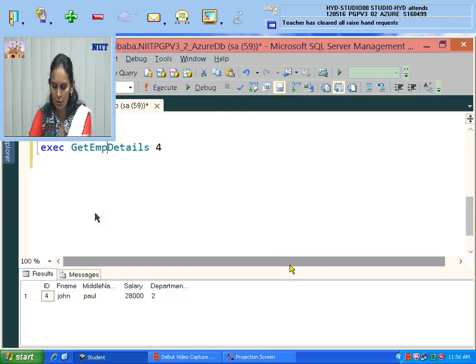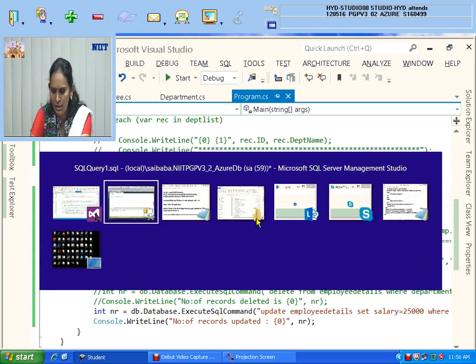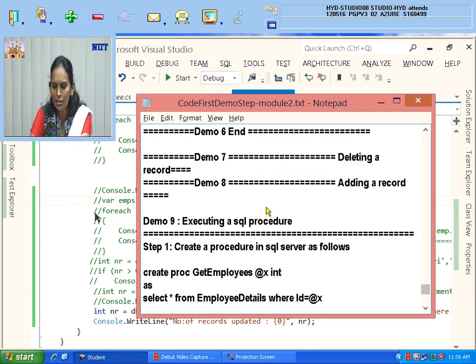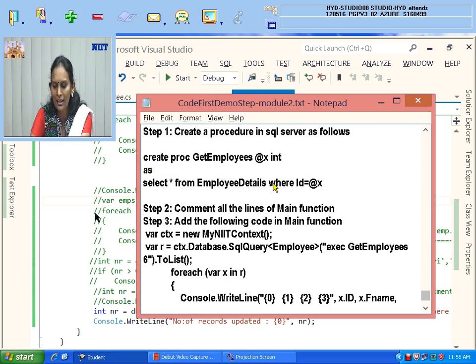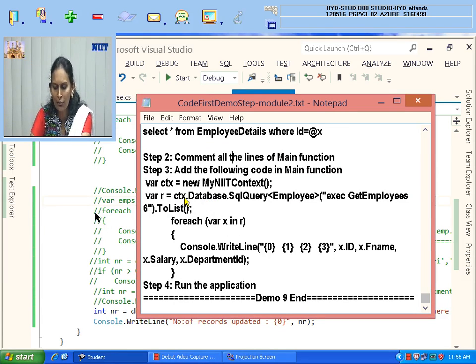This procedure, how to execute it using direct SQL. It's the same as your SQL query. How did you write db.Employees.SqlQuery? It should be written like that only. I kept that demo too, but you need to see all these demos for your knowledge. I have created the procedure and given it to you. To execute this procedure from your environment, you should use Database.SqlQuery, but not Employees.SqlQuery. That's the only difference. SqlQuery is for retrieval. For doing DML operations, that is the ExecuteSqlCommand method.